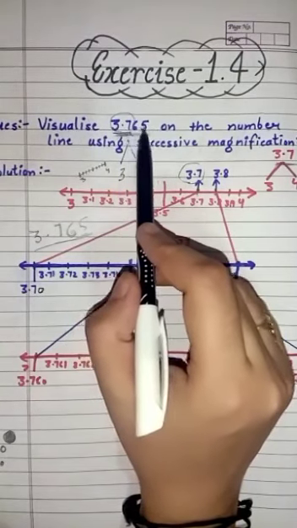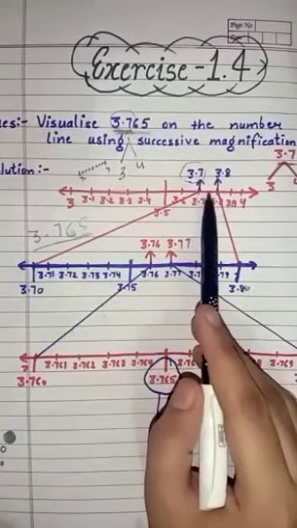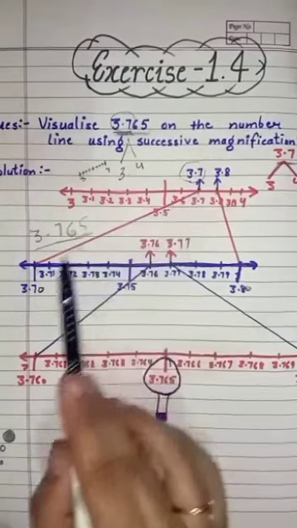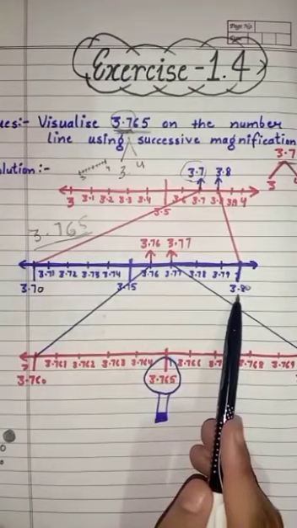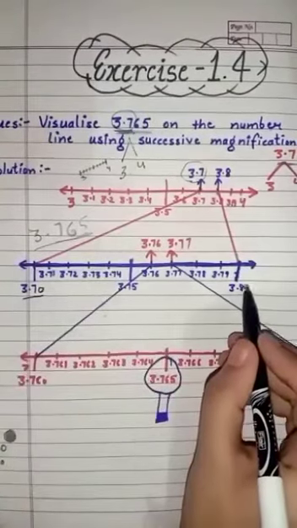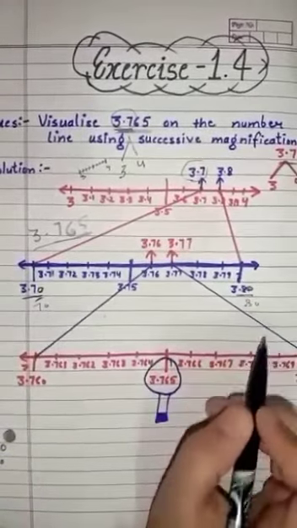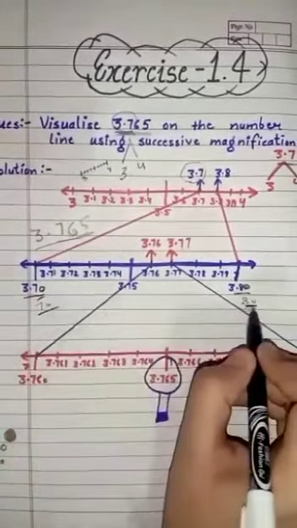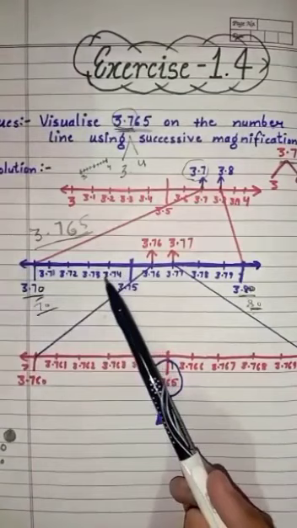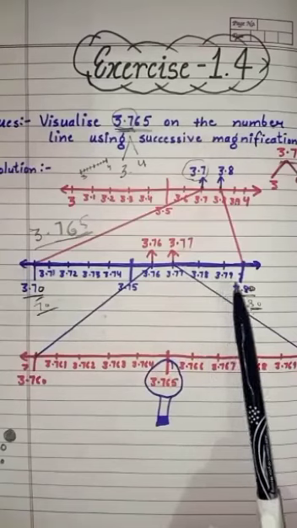It means we have to go further than 3.7, it is going on further. So we also take 3.8, because the given number 3.76 will of course lie between these two. So we now magnify 3.7 and 3.8. Okay, now children, look, we can write 3.7 as 3.70 and 3.8 as 3.80. Now we are having 70 and 80. Okay, now you have to mention the points between 70 and 80. So we start 3.71, 3.72, 3.73, 3.74, 3.75, 76, 77, 78 and 79.